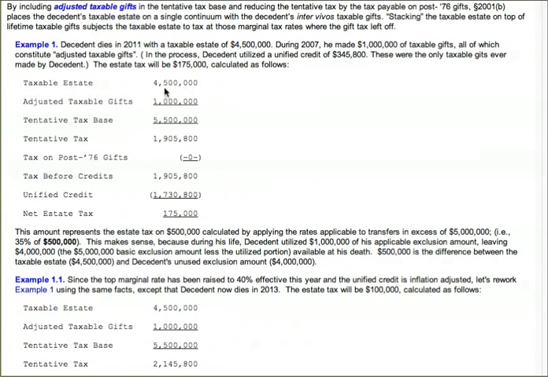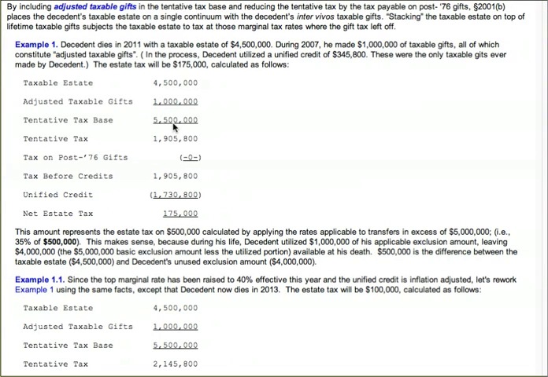So if you add the two, one other thing I should talk about before we go further is to refresh your memory on what an adjusted taxable gift is. Adjusted taxable gifts are taxable gifts made after 1976 that are not pulled back into the gross estate. And you arrive at those taxable gifts by taking the gross taxable gift amount and subtracting out the available unified credit, and thus you have the adjusted taxable gifts to use in calculating your net